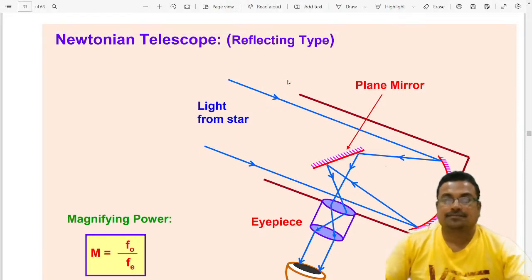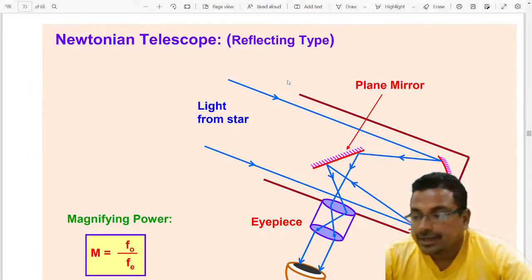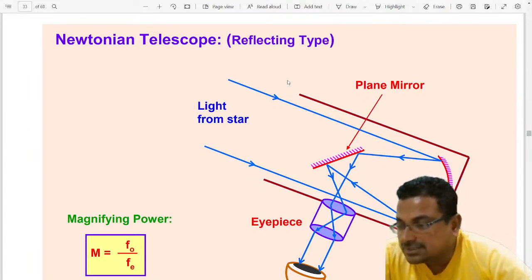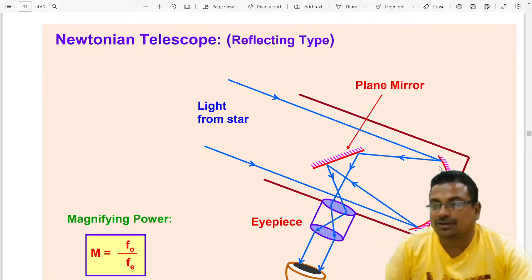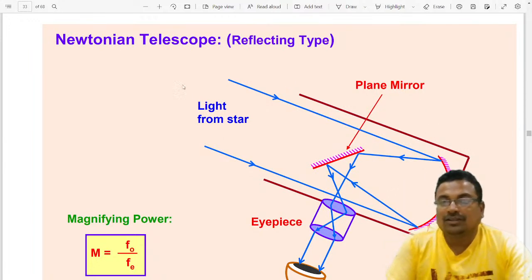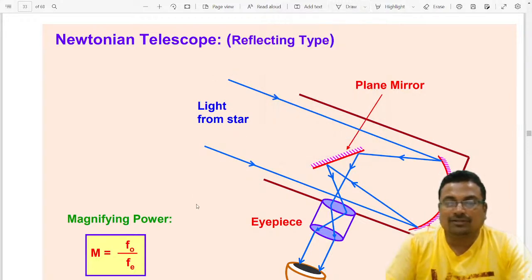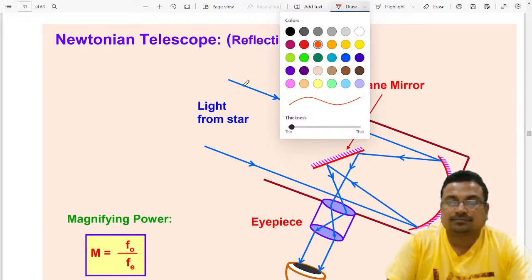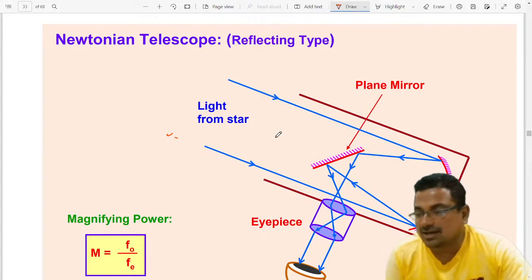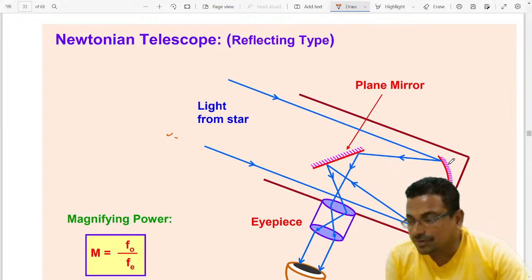So friends, instead of using the lens, we are using the mirror. This is the concave mirror and this is the plane mirror. When the light from the star is coming, after this concave mirror which